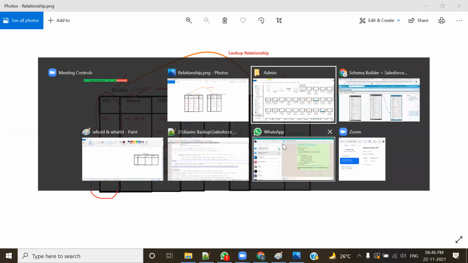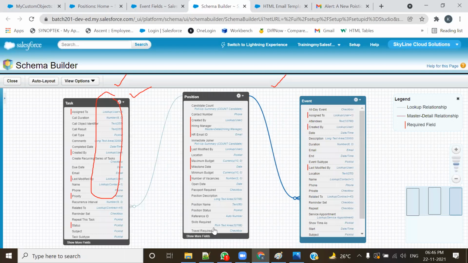तो अगर relationship field हमेशा child object में रहती है, तो टास्क ऑब्जेक्ट हर बार क्या है? चाइल्ड। इवेंट ऑब्जेक्ट हर बार क्या है? चाइल्ड। इसका मतलब ये जिस किसी के साथ भी रिलेटेड है, चाहे वो पोजीशन ऑब्जेक्ट हो, चाहे वो ऑथर ऑब्जेक्ट, चाहे वो हायरिंग मैनेजर ऑब्जेक्ट हो, चाहे वो अकाउंट ऑब्जेक्ट हो, चाहे वो अपॉर्चुनिटी ऑब्जेक्ट हो, चाहे कोई भी दूसरा ऑब्जेक्ट, वो ऑब्जेक्ट पेरेंट रहेगा, टास्क ऑब्जेक्ट, इवेंट ऑब्जेक्ट चाइल्ड रहेगा। तो इसमें वो रिलेशनशिप फील्ड जरूर हो।